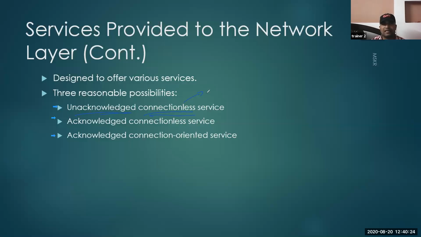I repeat, connectionless means every statement or word, depending on how it is generated, is treated independently, and when a sender sends something to the receiver, the receiver is not even going to send a confirmation back. Okay, so I ate Sriya, this is a better answer.